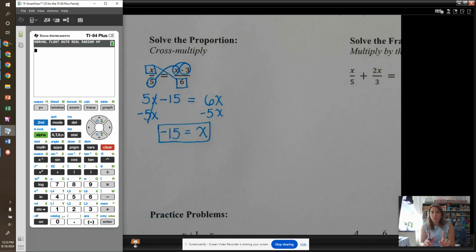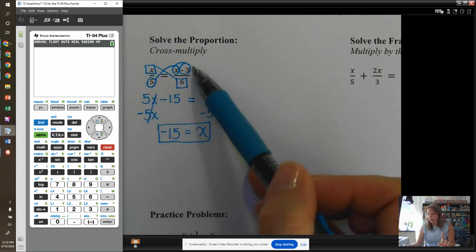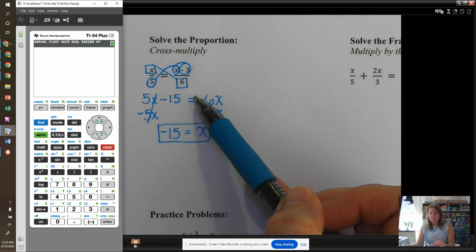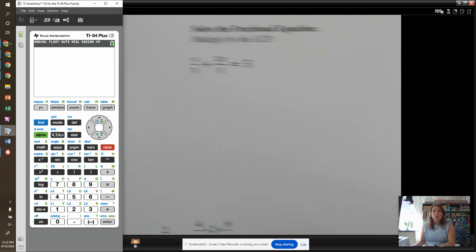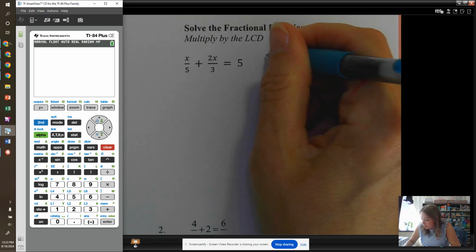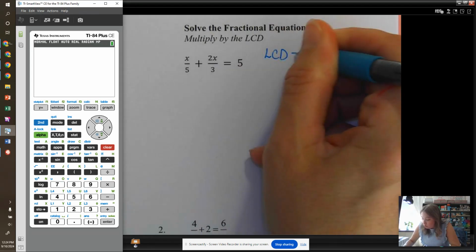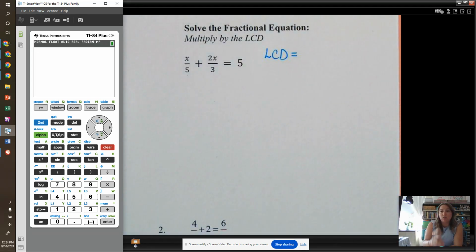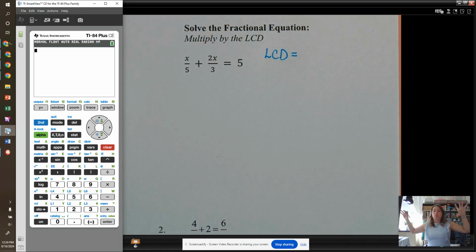One fraction set equal to one fraction is when I can cross multiply. Multiple fractions on the same side of the equal sign with a plus or minus between them is when I have to find the LCD. So I need to find the LCD so that I can cancel out denominators and just use what's left in